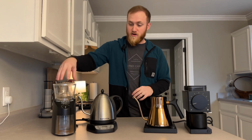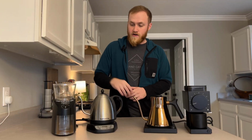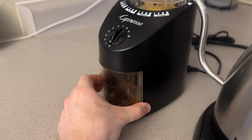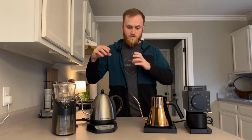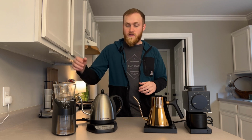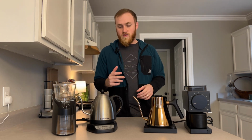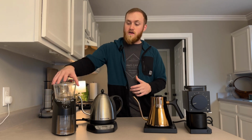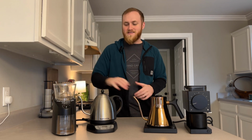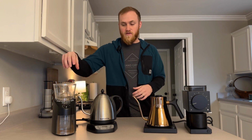So this is my old setup. This is the Capresso Infiniti Pro. It is fairly clean for a coffee grinder. It has this nice little drawer setup to where the grounds fall into that, so any chaff or little grounds will actually be kind of contained until you decide to clean them up. That's huge. And then the different grind settings, it has quite a few, which is nice. It can get fairly fine, so even if you are doing something like espresso shots, this can grind mostly down to that size. It's not quite as fine as so many other nicer grinders, but it is pretty impressive for the price,